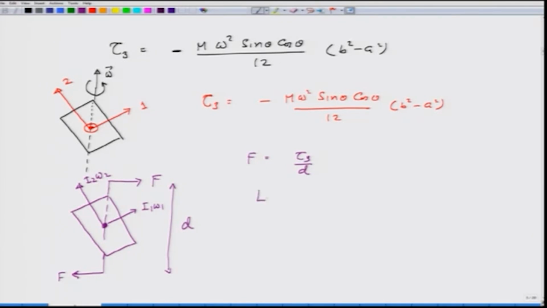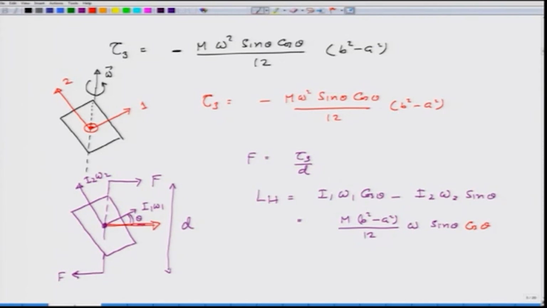So, L horizontal in that case would be I 1 omega 1 cosine of theta minus I 2 omega 2 sine of theta, which will come out to be m (b square minus a square) over 12 omega sine theta cosine theta. This is LH in this direction,